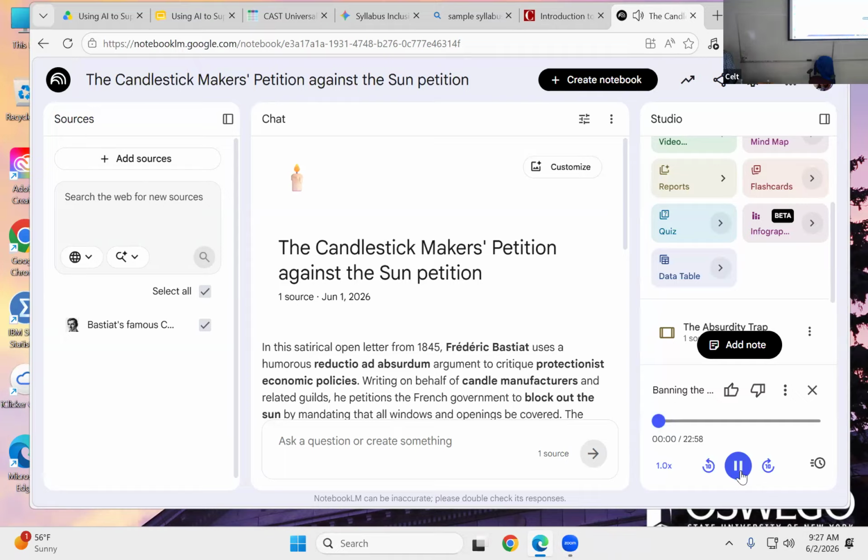I want you to imagine a scenario for a second. Imagine you wake up, pour your coffee, check the news, and you see that a massive coalition of powerful industrialists